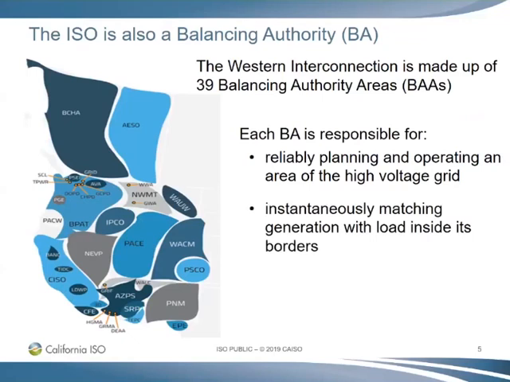There are 39 separate BAs in the West, each with the same core functions of preparing the system for next day operations using resources within their boundaries, as well as taking into account imported energy from neighboring BAs and matching changing supply with changing demand in real time. The ISO is the largest BA in this region, handling an estimated 36% of the electric load in the Western